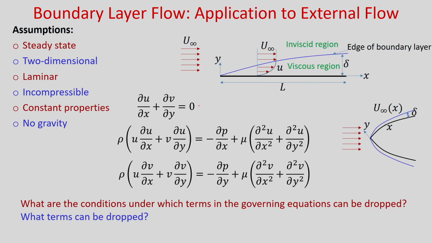So, first let us write down the governing equations of fluid flow. We will assume steady state laminar incompressible fluid flow with constant properties. We will neglect the gravity term. So, this is the continuity equation for 2-dimensional case, and this is the x momentum equation and this is the y momentum equation. We are writing in general these equations in 2-dimensional case.